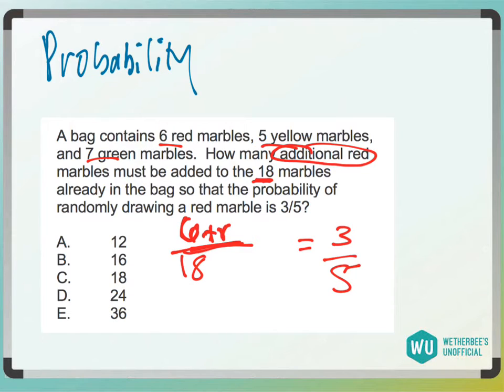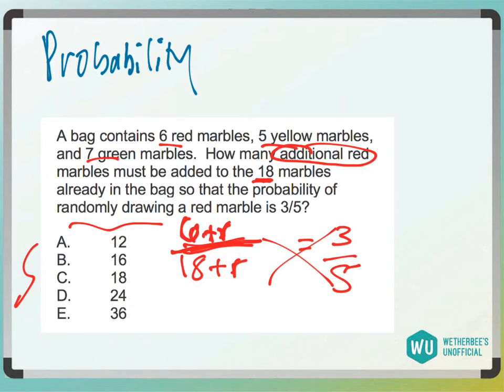Most people get that it's 6 plus R, but what you also have to do is 18 plus R on the bottom, because if you're adding reds to the reds on top, you're also adding to the total, right? Now we have an equation with just one variable. Now we cross multiply and solve. You could throw in your answer choices for the R too if you wanted to, but